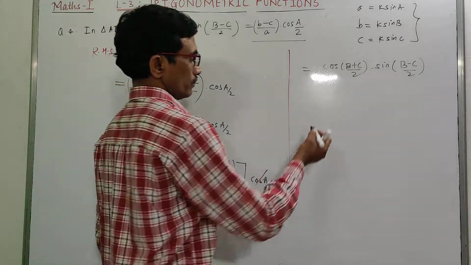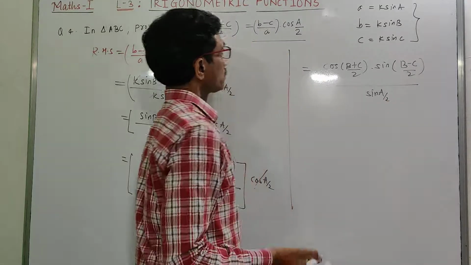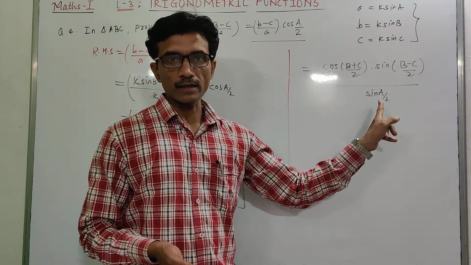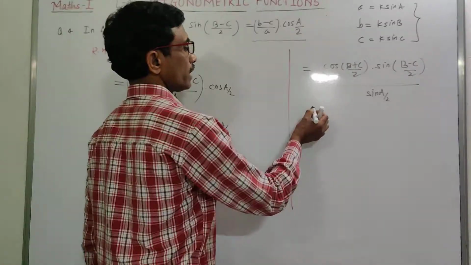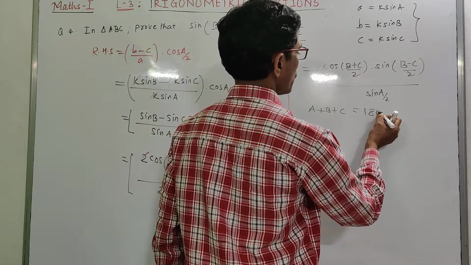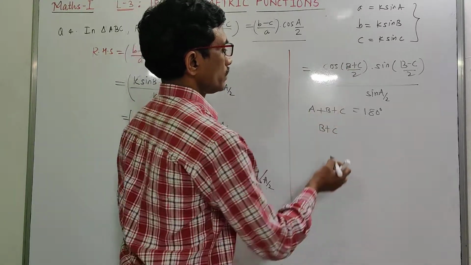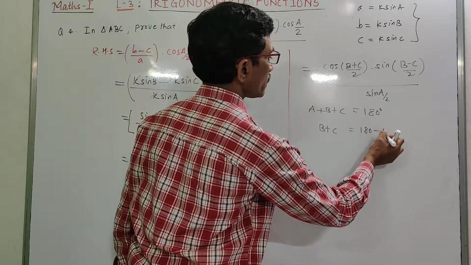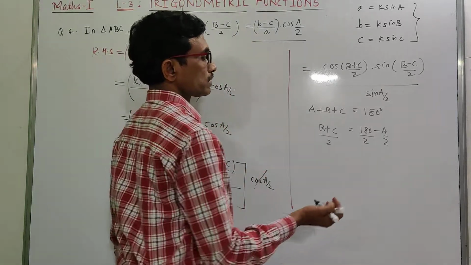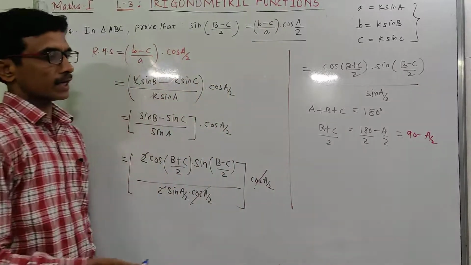Denominator is sin A by 2. See, in triangle ABC we prove that A, B and C are the interior angles of the triangle. So clearly we have A plus B plus C is equal to 180 degrees, and B plus C is equal to 180 minus A, and upon 2, which is 90 degrees minus A by 2, so that